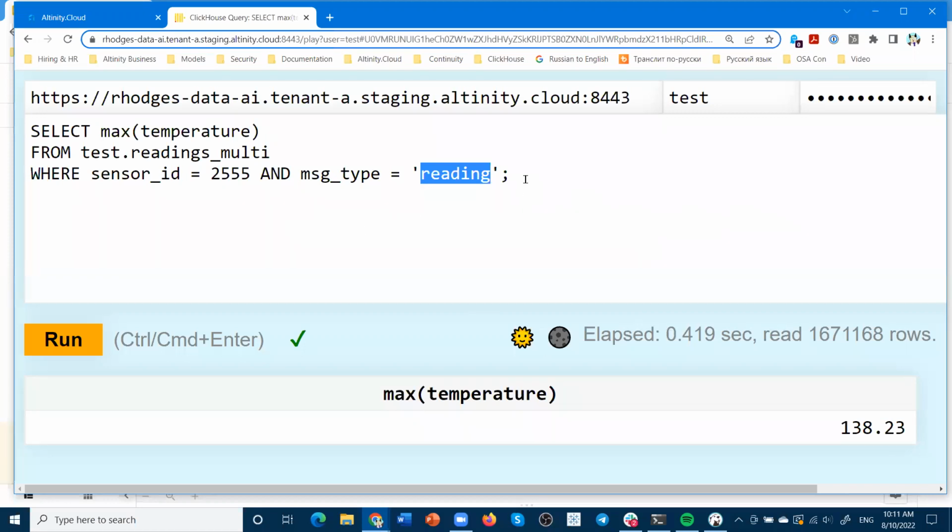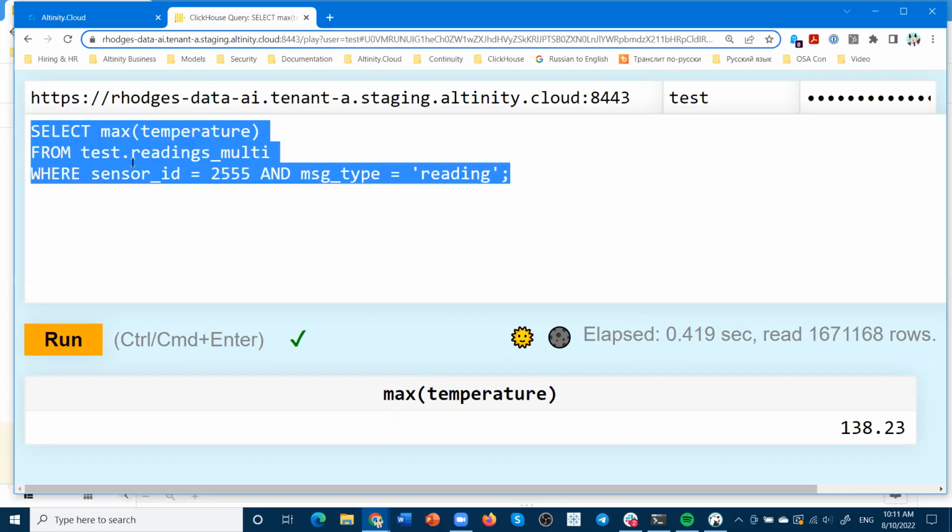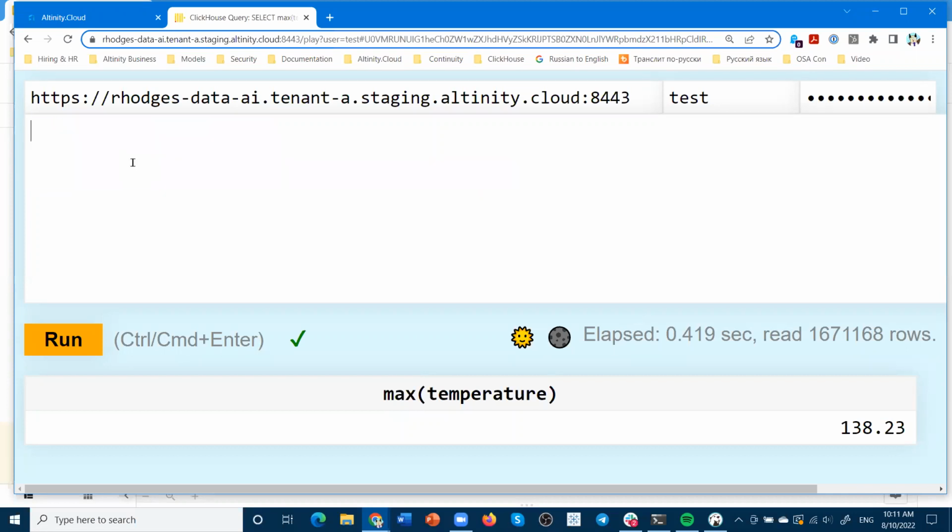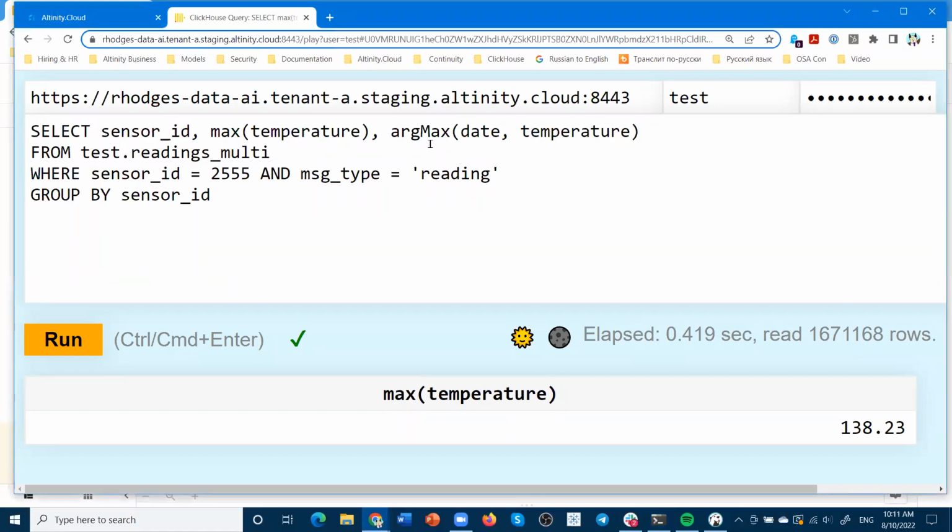That's pretty fast. We might want to know something a little more interesting, which is on what day it actually got that temperature. So we'll go get our query, and here we're again looking for the maximum temperature, and then using a really interesting argument that ClickHouse can pull associated data from the row that had that maximum temperature.